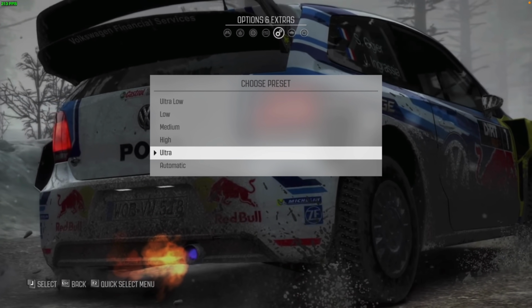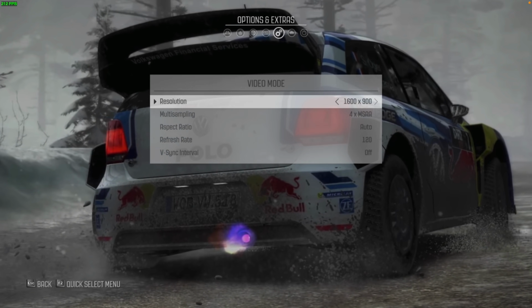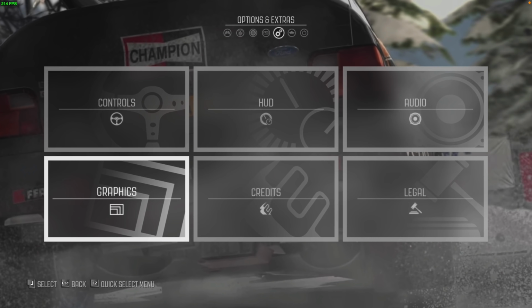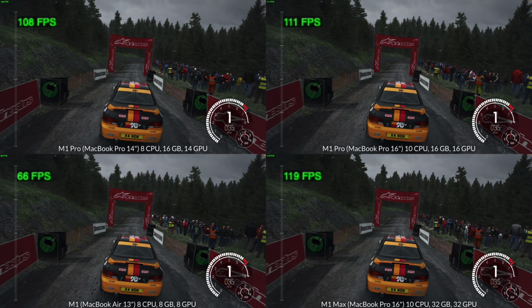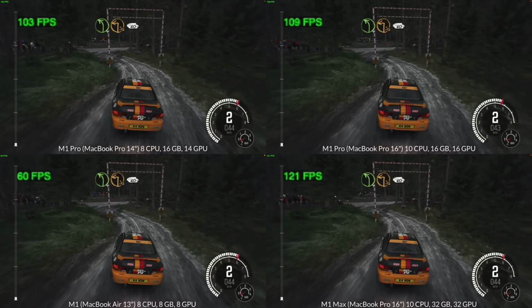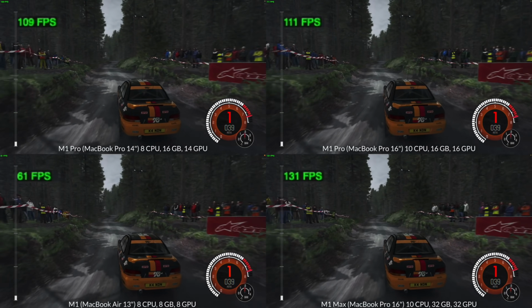So next up is Dirt Rally. This game was released in 2015 and is one of the few racing games that you can play on the Mac operating system. It performs surprisingly well even on the base M1 chip. I'm running this at 900p due to a monitor issue, and I've got all the settings turned up to Ultra. Right off the bat, the original M1 Air is getting excellent frame rates, hovering around 60 frames per second, which is really excellent for this type of game, especially how well optimized it is,